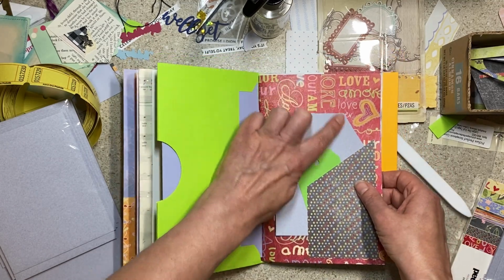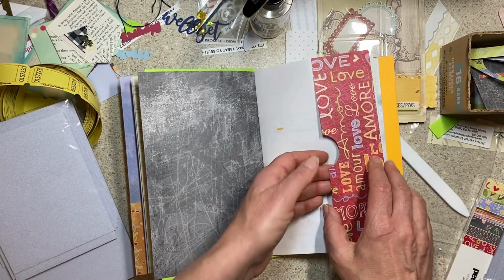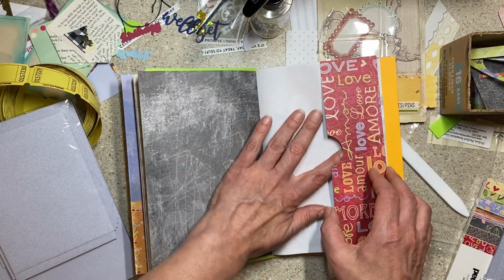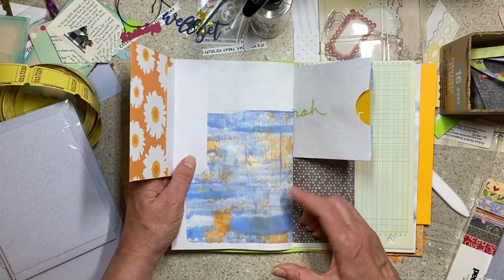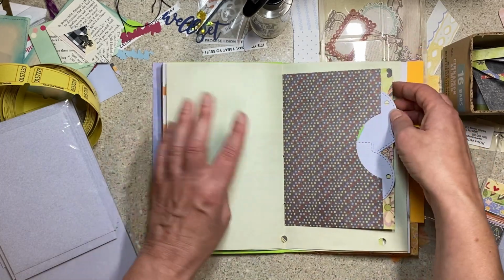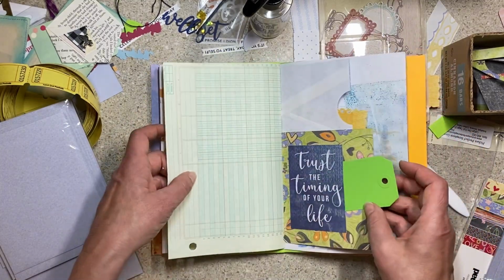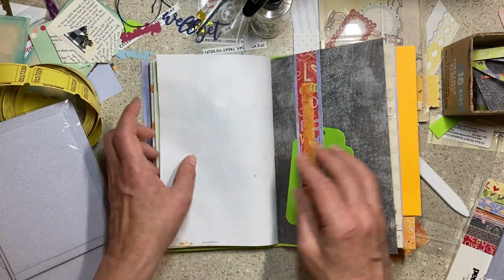And this is another piece of paper from the collection. And this is the extra piece from it, where I made a pocket on this page. This was a gel print in my stash. It's pretty close. I don't know. So I just went through and rounded up enough stuff out of my stash to make a journal, to have